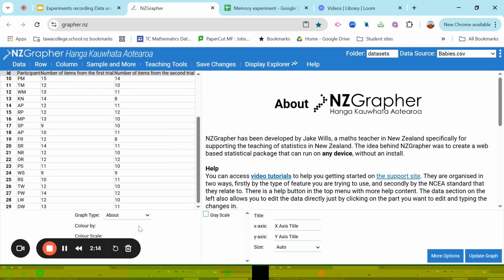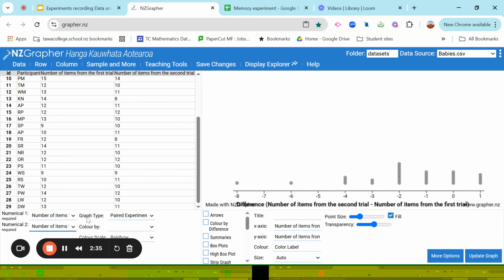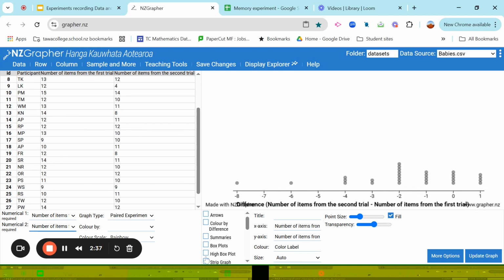So we'll go down here to which graph we're looking at, and we're looking at a paired experiment dot plot and arrows graph, so this part here. The first one we're going to draw, we need to make sure that we have our numerical data, so we've got our number of items from first trial and our number of items from the second trial. All right, the first graph that I'm going to draw is a high box plot. Just to show these things, I need to put a title on my graph,